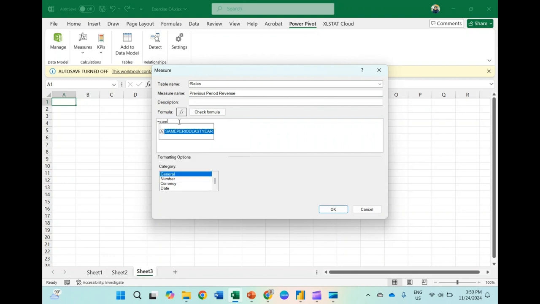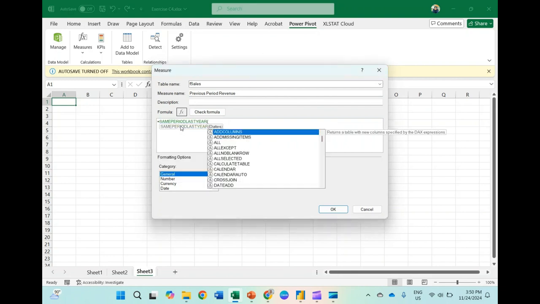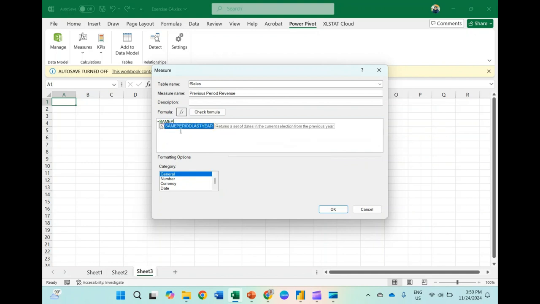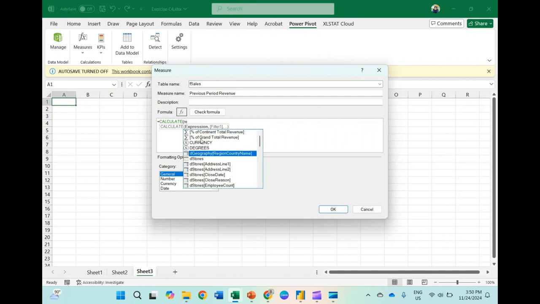Equals to, we use SAMEPERIODLASTYEAR. You need to use CALCULATE first, because we want to filter using the same period. CALCULATE revenue. So we want to calculate revenue.